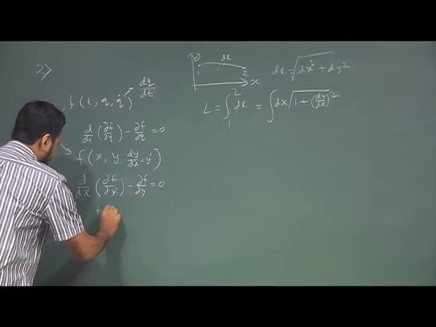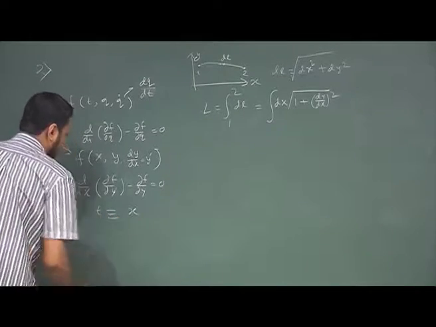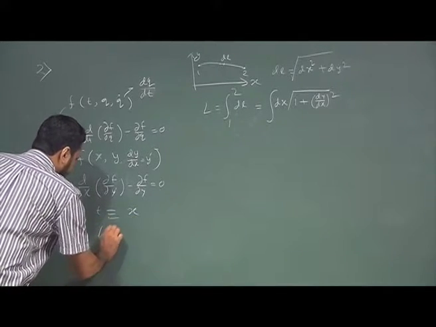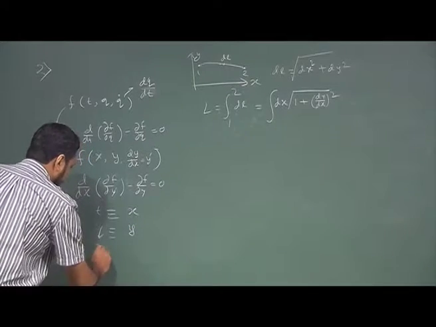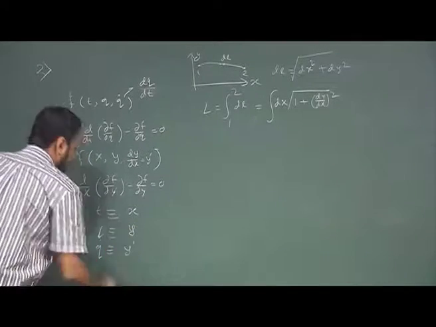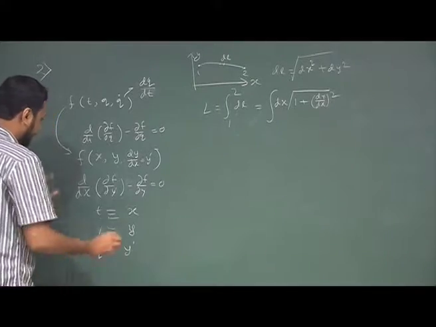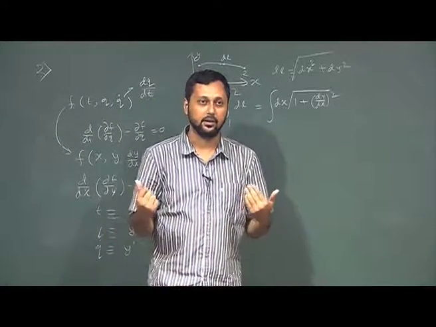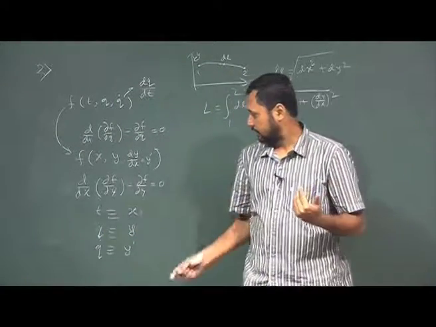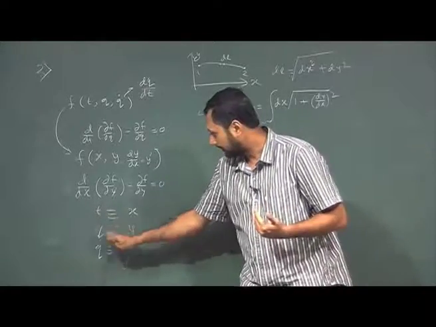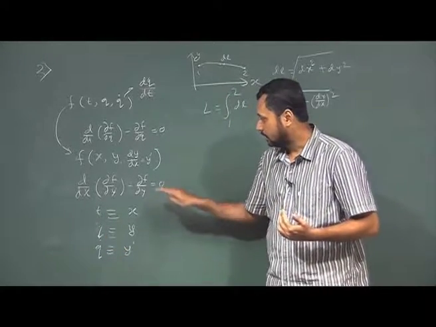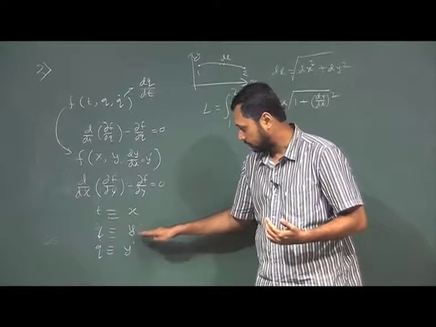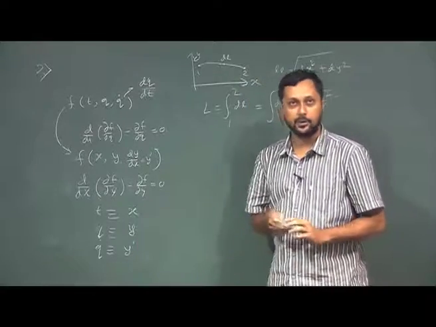So, t will be equivalent of x, which are independent parameters, y or rather q will be equivalent to y, and of course, q dot will be equivalent to y prime. So, we can extend our variation principle or the principle of stationary variation to a case which is non-mechanical in nature. These are for mechanical systems and these are for any general system where I have one independent parameter, one dependent component and the derivative of a dependent component.